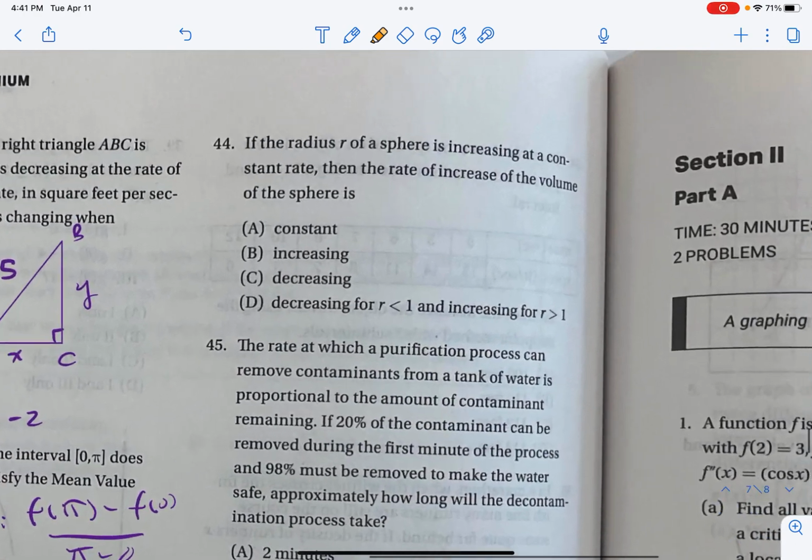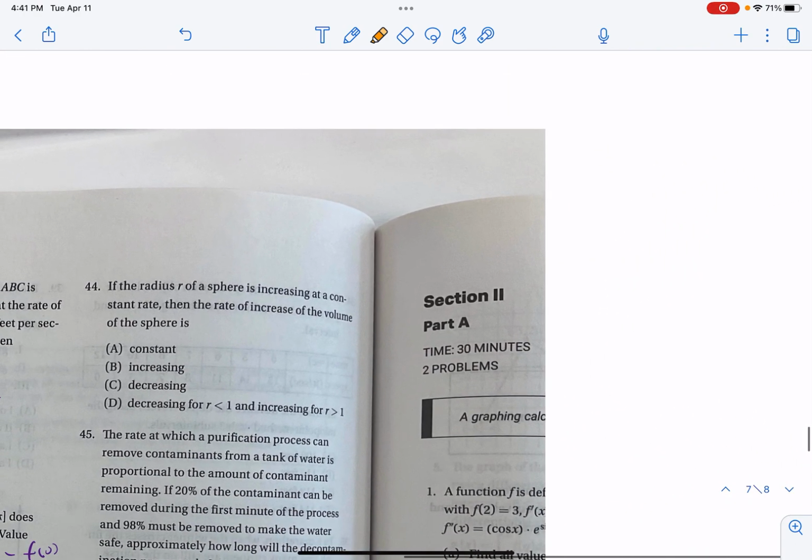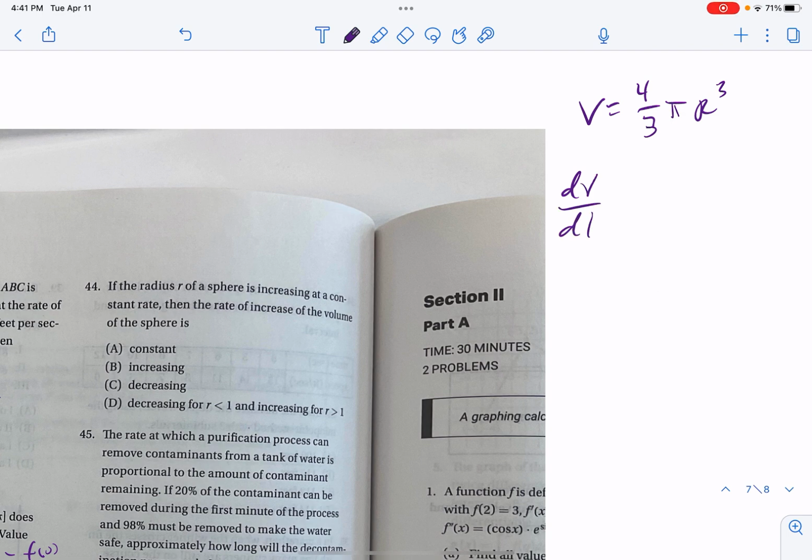All right, 2 more. If the radius of a sphere is increasing at a constant rate, then the rate of increase of the volume of the sphere. So we have to think about, so volume of a sphere is 4 thirds pi times r cubed. On the real AP, they'd give that to you, 98% certain. And so the radius is increasing at a constant rate. So if we start putting rates in here,